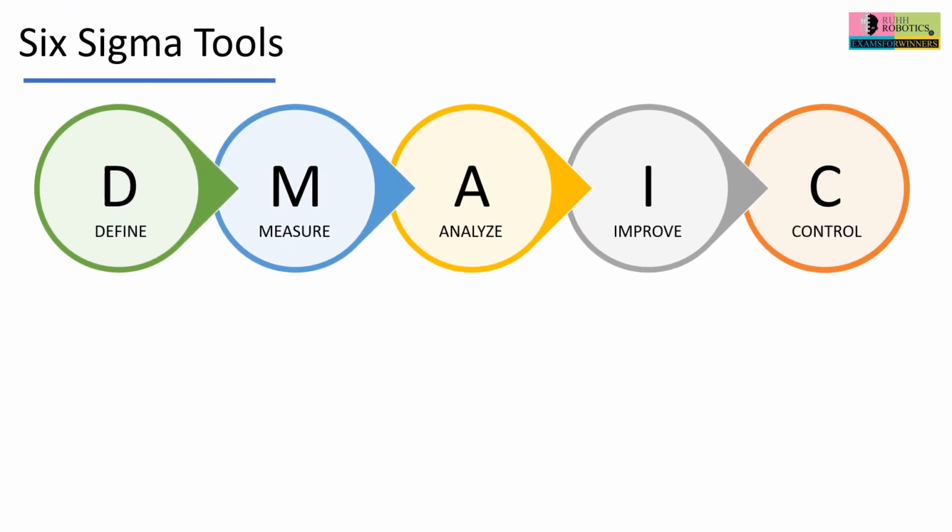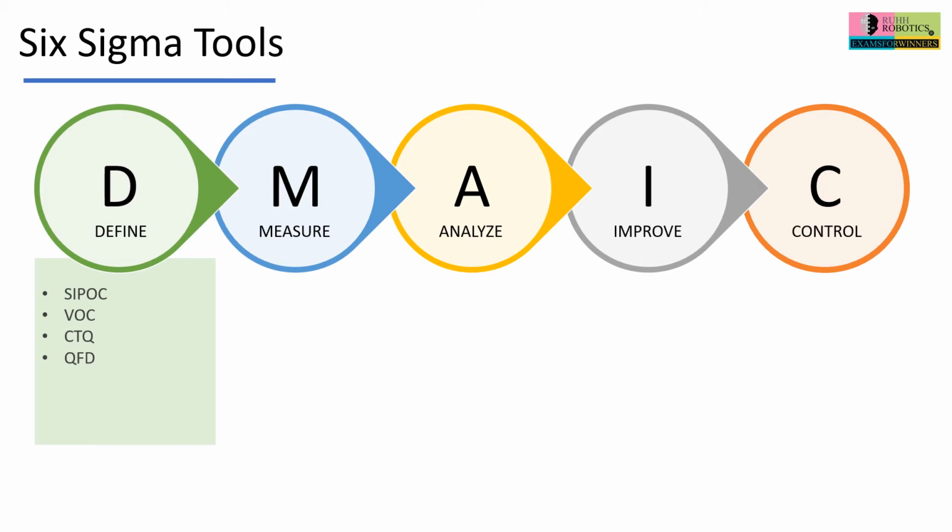The Six Sigma approach is packaged with a lot of tools which we will discuss now. It is not necessary to use every tool at every stage. We use tools as per the requirement of the project. In the define phase, we use SIPOC, which stands for supplier, input, process, output, and customer. We also use VOC, which stands for voice of the customer, CTQ, which stands for critical to quality, QFD, which